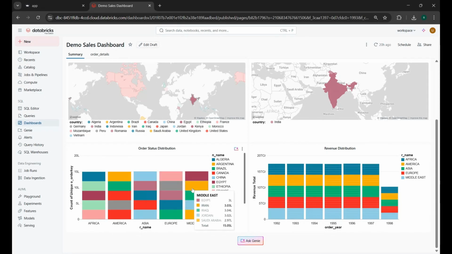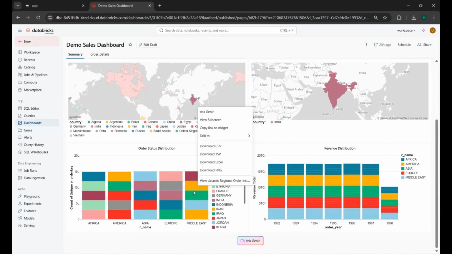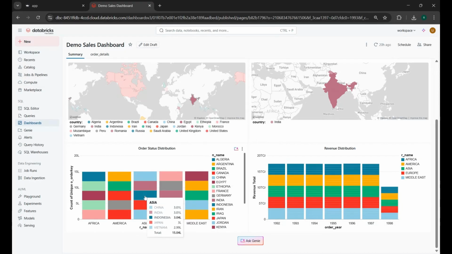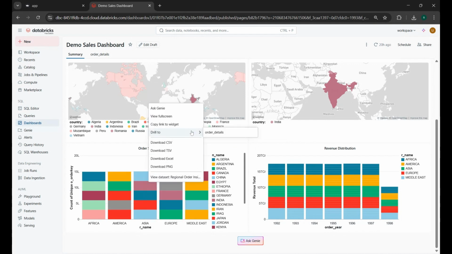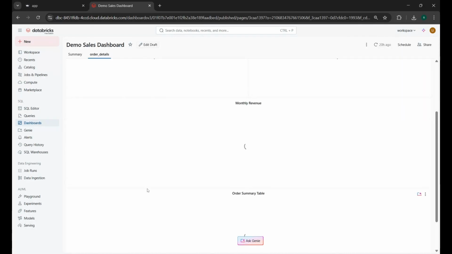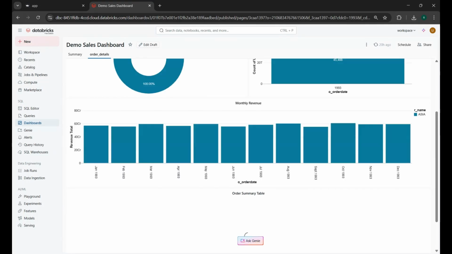Once we have the summary, we need to do a drill down. So you just have to click on a particular country which you're interested in. Let's say I'm interested in India. So this is India. Once I click on this, once I click on drill to, it will automatically go to your child pane, or your secondary pane, where it drills down the overall summary